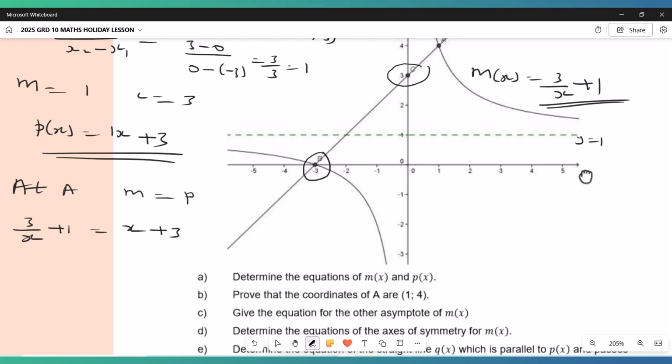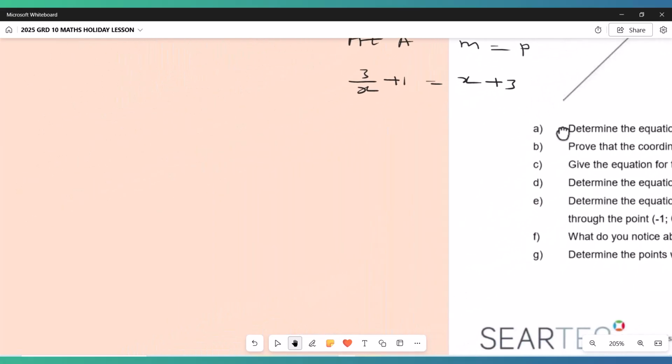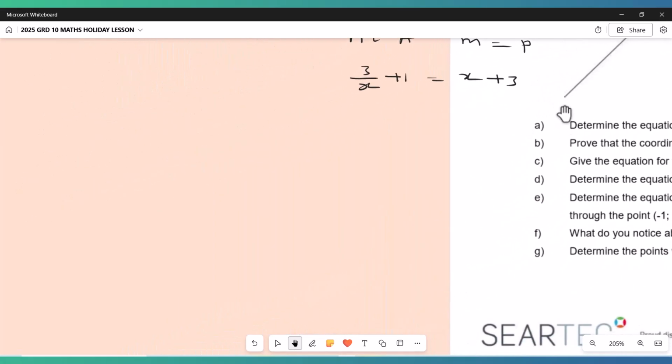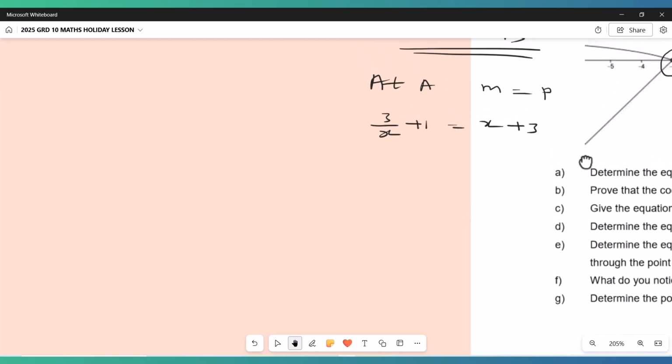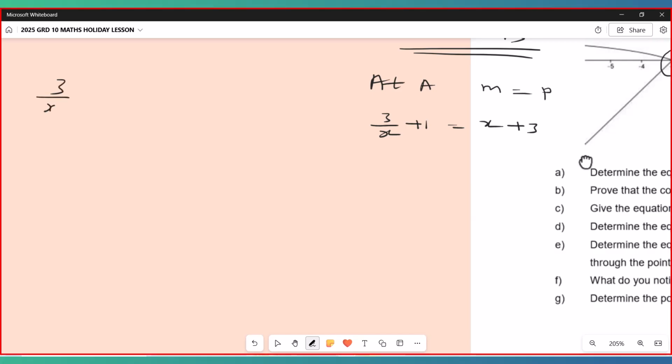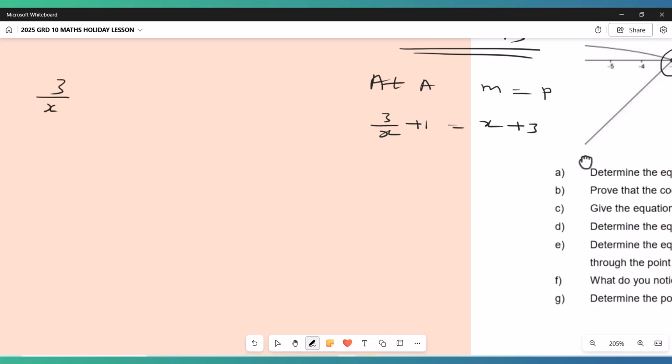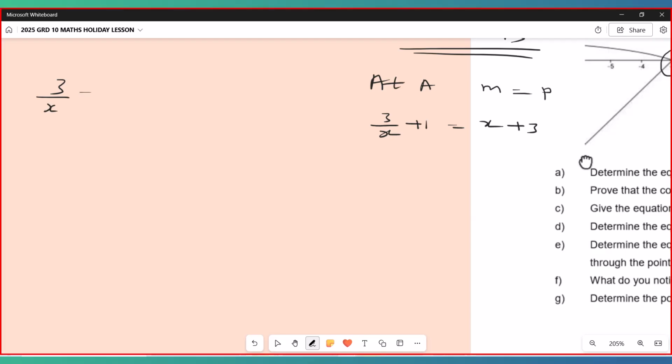Okay, now to solve this one here, what can I do? I can first say I'm solving it like this now. I'm going to say 3 over x plus 1. Now 1 minus is going to be minus 2, also here minus x, then minus 2